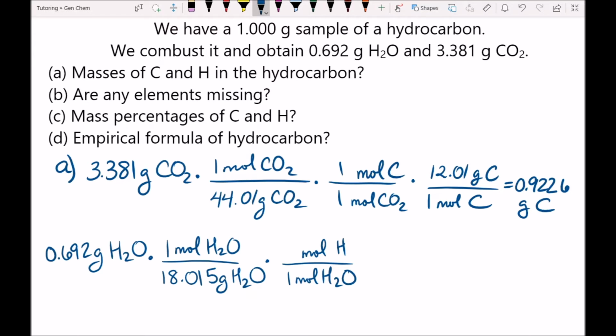And here we have a 2-to-1 ratio because 1 mole of water contains 2 moles of hydrogen. And then we go from moles of hydrogen to grams of hydrogen using the molar mass from the periodic table. And plugging that into our calculator, we get